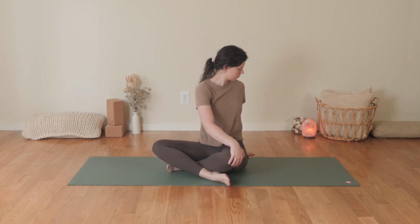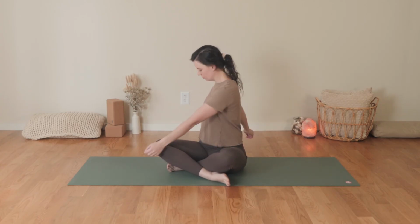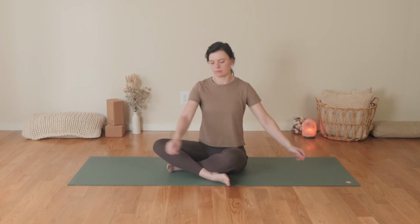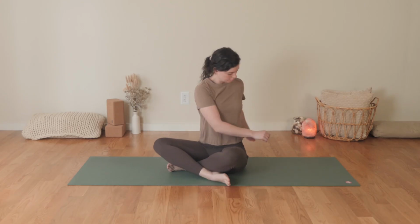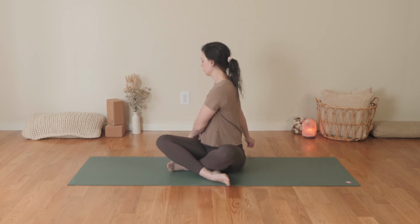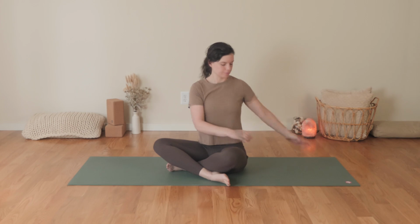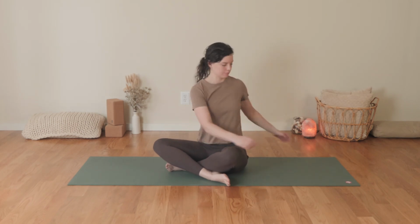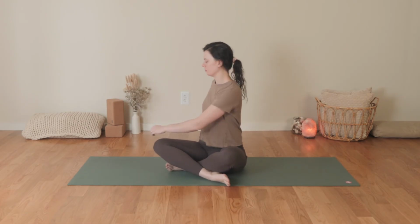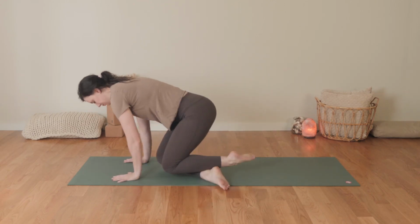And inviting gentle movement, rocking our hands side to side. And you might bring awareness to your entire spine, maybe your upper back, mid back, low back, as you move in this way and in your pace. And releasing. If you like, I welcome you to join me as we bring our hands forward with our wrists